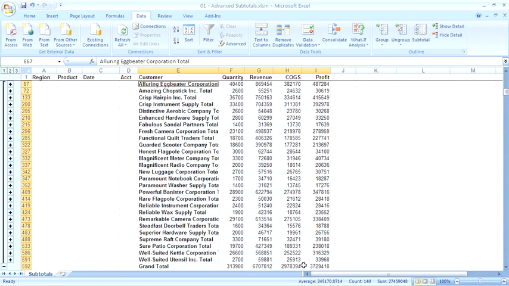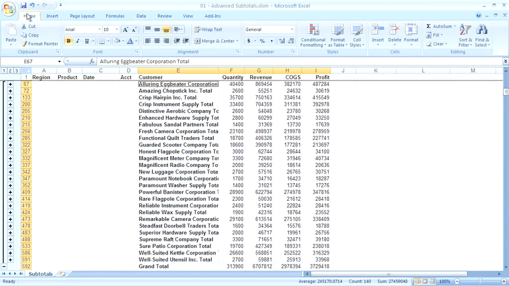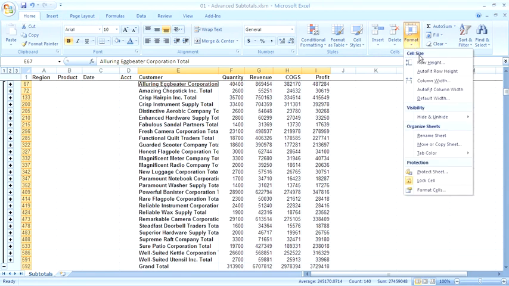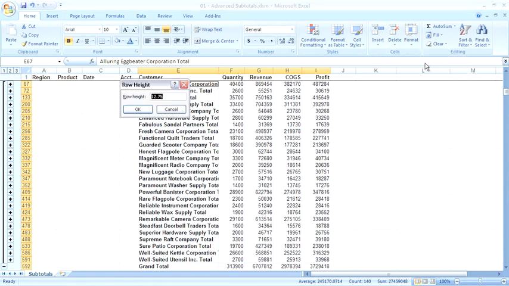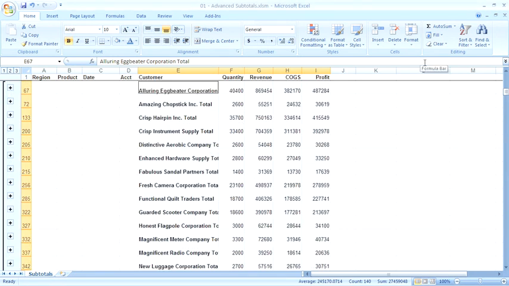I'm going to apply a row height here, and that's located on the Home tab of the ribbon. On the right-hand side, you'll see the Format drop-down, and then choose row height. We start out with a row height of 12.75, and I want to double that to about 25.5. Excel has now made our rows double high,